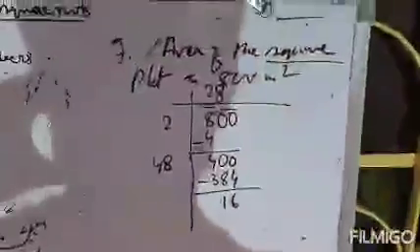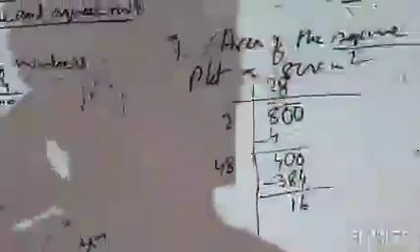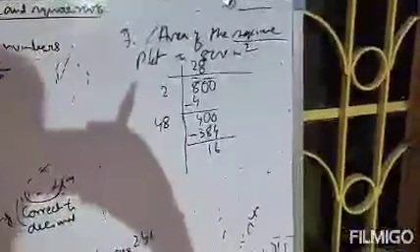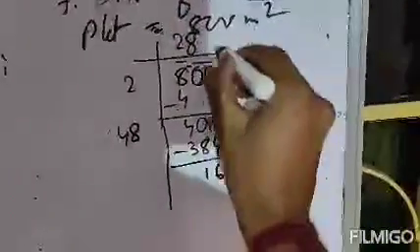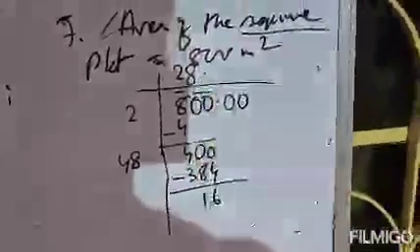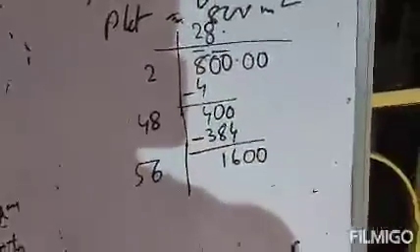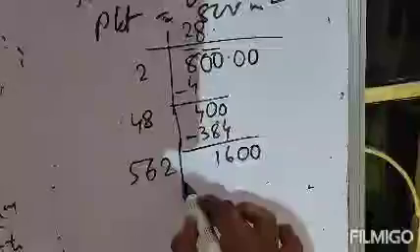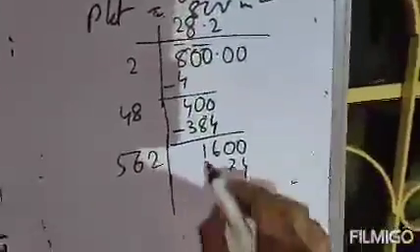Clear? Now this is 28. Zeros were used, so we will take a decimal. Then do it by the same method. We will take the decimal and put 2 zeros side by side. So we will take 2 zeros, therefore 16. This is the decimal, and 2 zeros will come down. Then multiply it by 2. This is 56. Then put 2 over here, 2 2s are 4, 2 6s are 12, carry 1, 2 5s are 10 and 1 is 11.